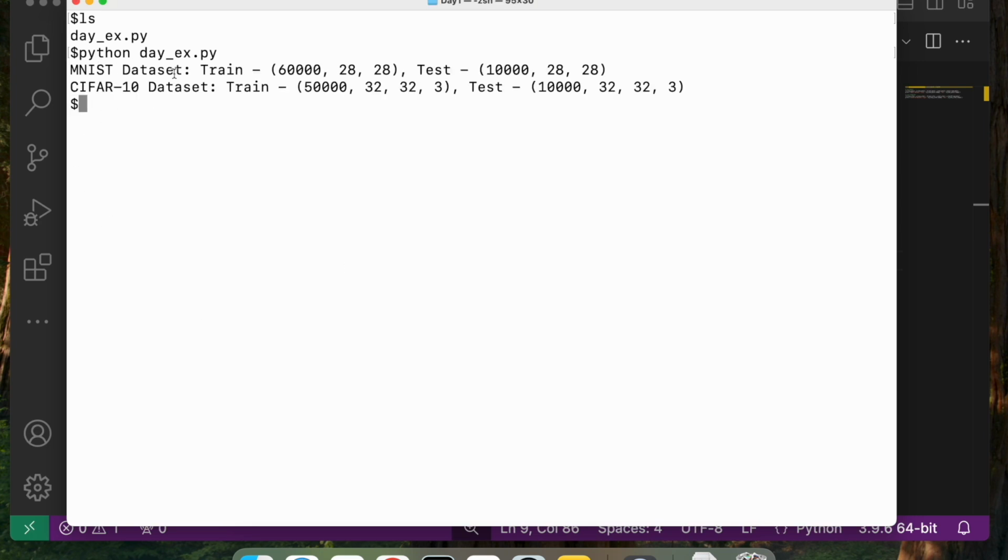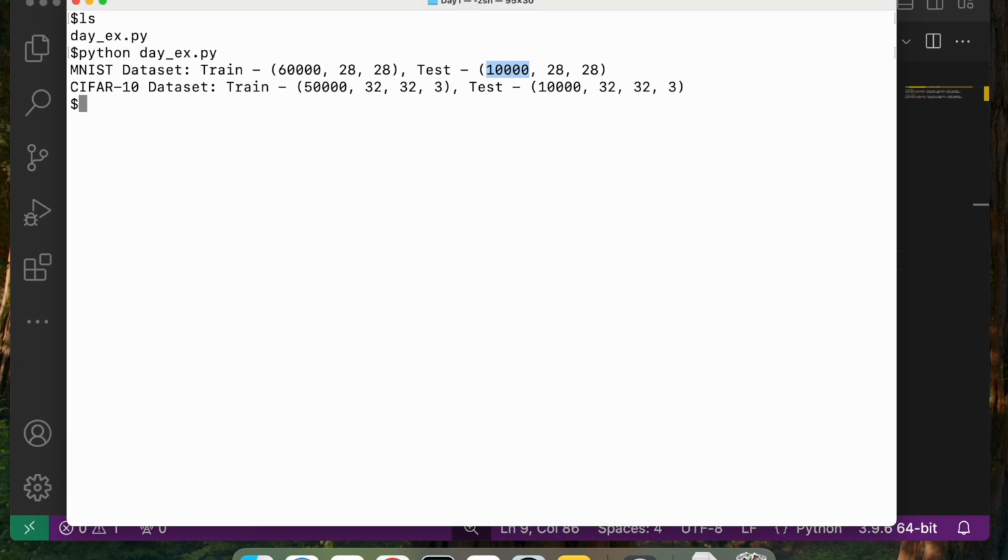And as you can see, for the MNIST dataset we have 60,000 rows for training and 10,000 rows for testing. Again, for CIFAR, we have 50,000. So these are the images actually. If you think about it, 60,000 28 by 28 images, 10,000 28 by 28 images, 50,000 32 by 32 by 3, and then 10,000 32 by 32 by 3. As I mentioned, MNIST is the handwritten digit dataset, which has 28 by 28 grayscale images with 10 classes, whereas CIFAR-10 is a total of 60,000 32 by 32 color images. That's why 50,000 and 10,000, whereas MNIST is 70,000 images. So I hope you got this working.